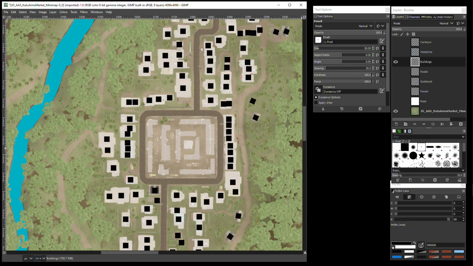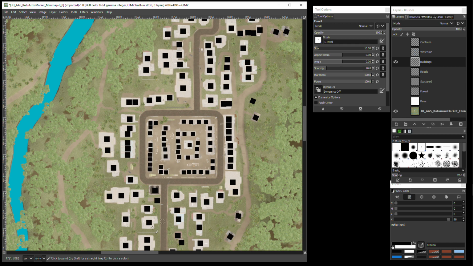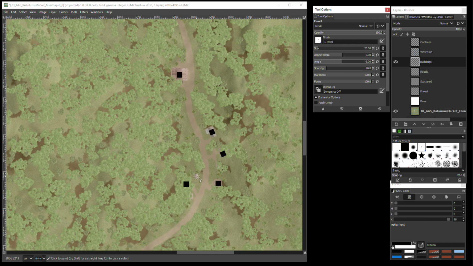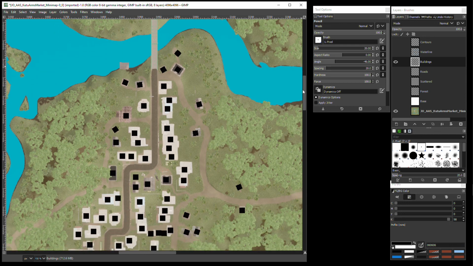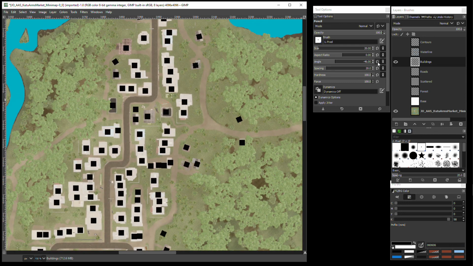Okay, now I'm also going to step down the size a little bit for these market buildings, because even though I've used them elsewhere and I've gone over the top of them, it's going to differentiate them a little bit better. Okay, so that's all my buildings done. Now,